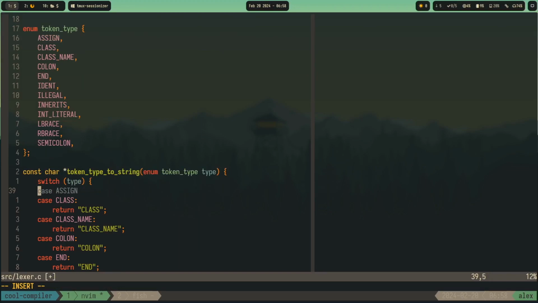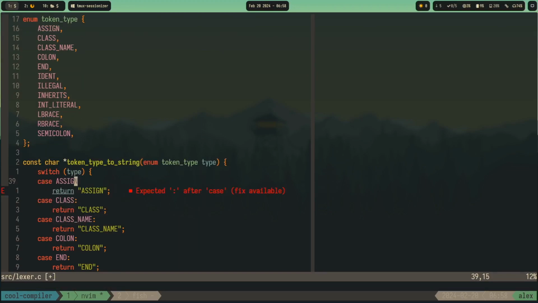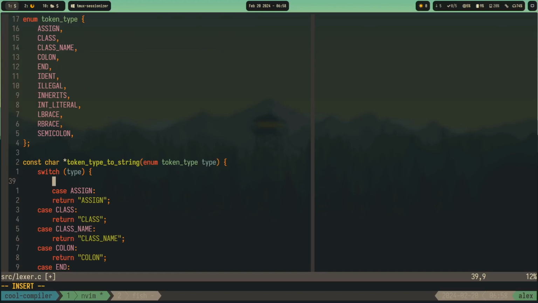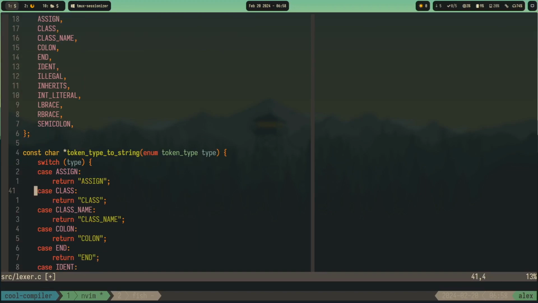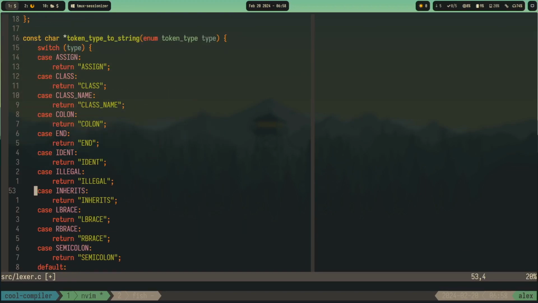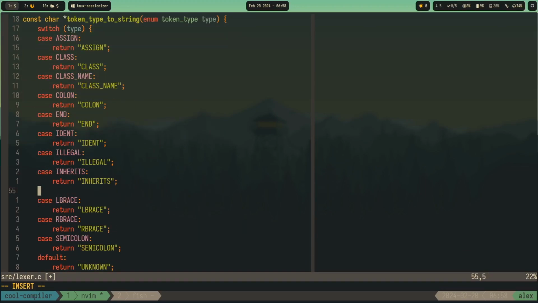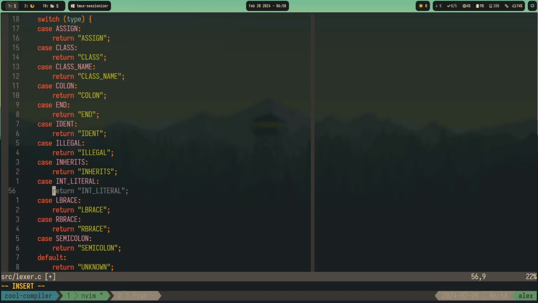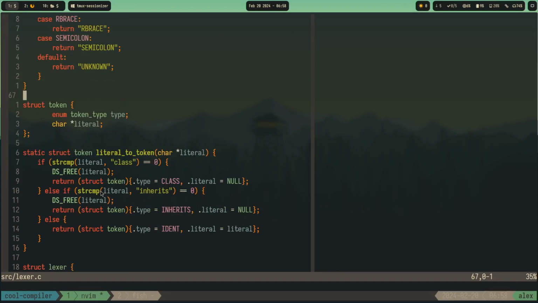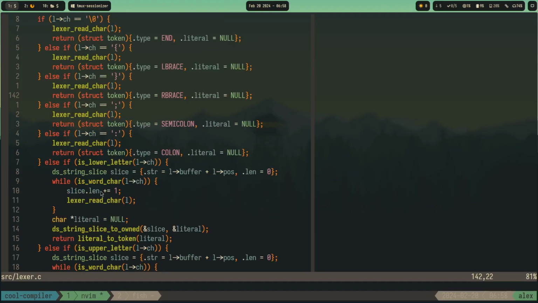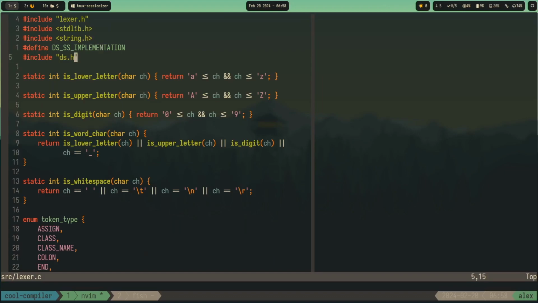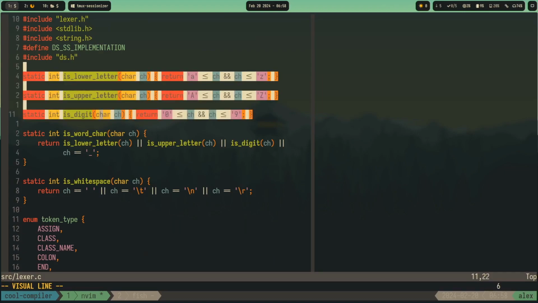Okay, so now if we find assign, we have to just bring the word assign, and if we find just an int literal, yeah, maybe like this, it's good enough. Yeah. Oh yeah, and another thing I think we can do is, instead of using